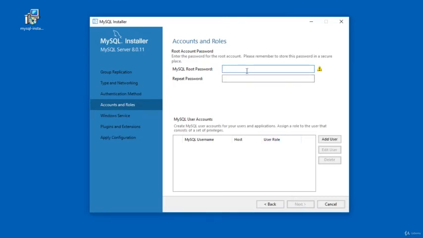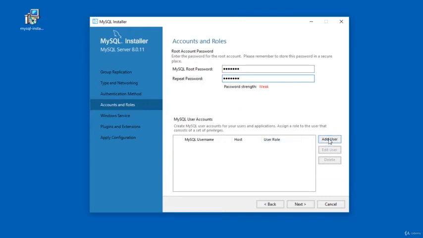By default, MySQL creates a user named root, which acts as an administrator for all MySQL databases. In order to log in as root user and access administrator privileges, we will require to set the root user password here. I will set my root user password here. You can use your own password, but make sure you remember the password or note it down somewhere. We will need this password while logging in to the MySQL database server using the root username.